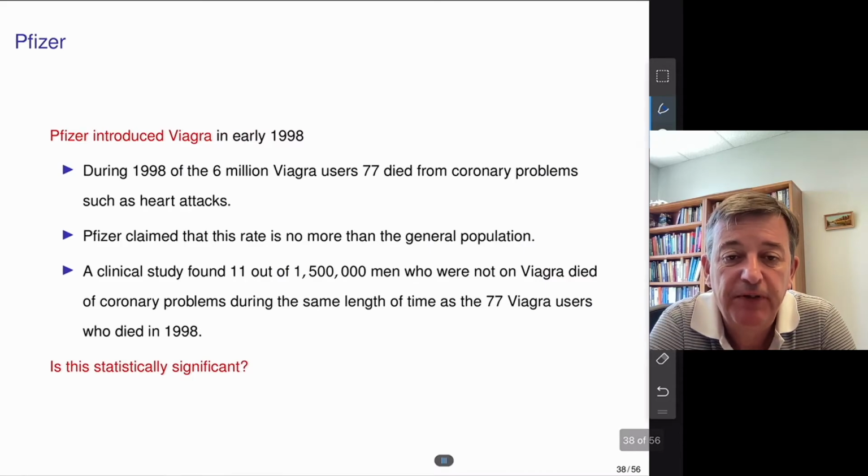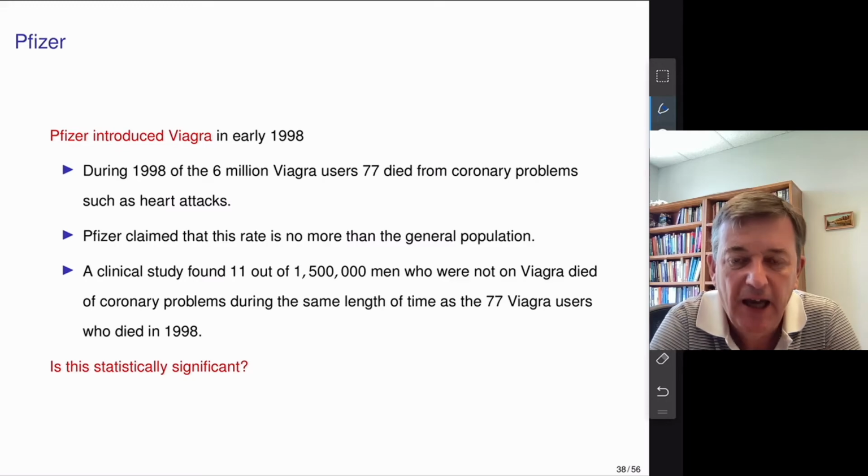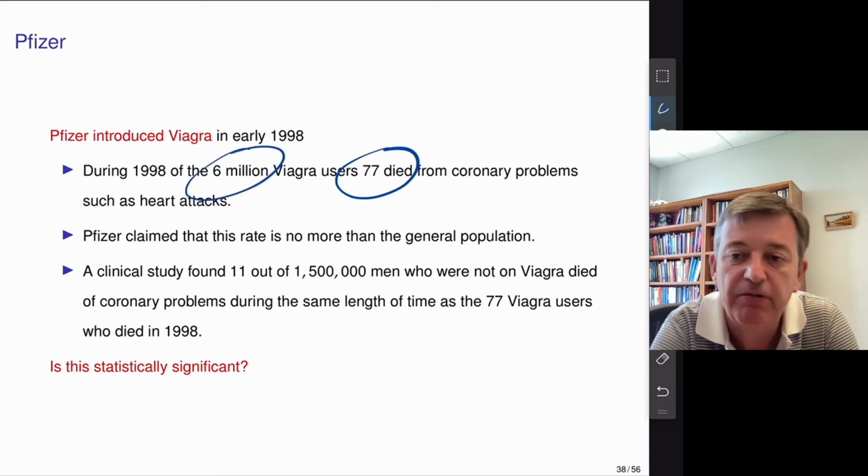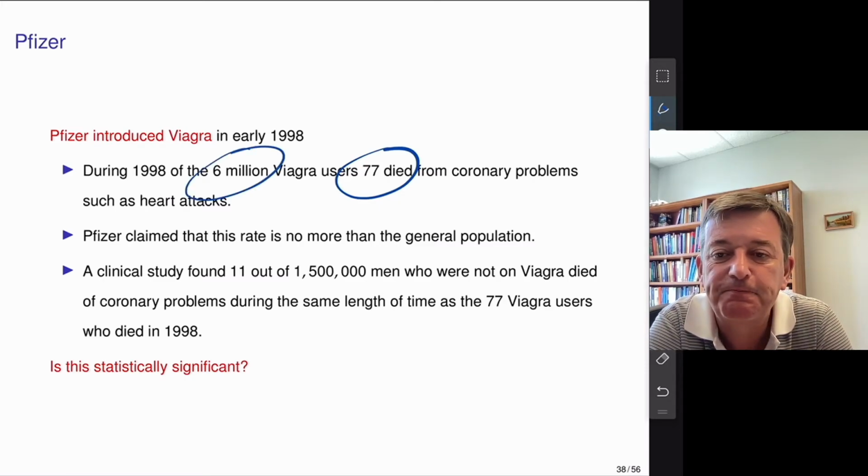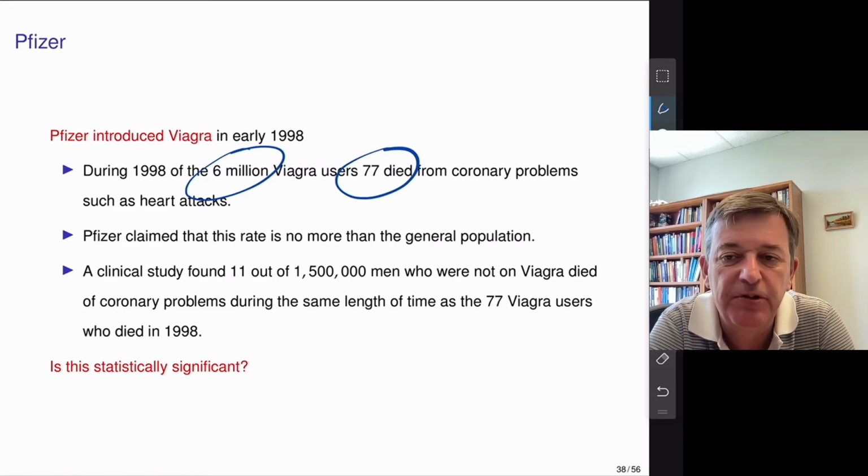Just a couple more examples to finish off. We've done examples of small sample sizes. Let me do one with very, very large sample sizes. It's a famous study of Pfizer, who introduced Viagra in 1998, and 77 people out of a sample size of 6 million died from heart attack problems. So now I have incredibly large sample sizes, so I'll be able to figure out precisely what the difference in probabilities are. And the upshot from this is that the labeling of Viagra has to have a warning